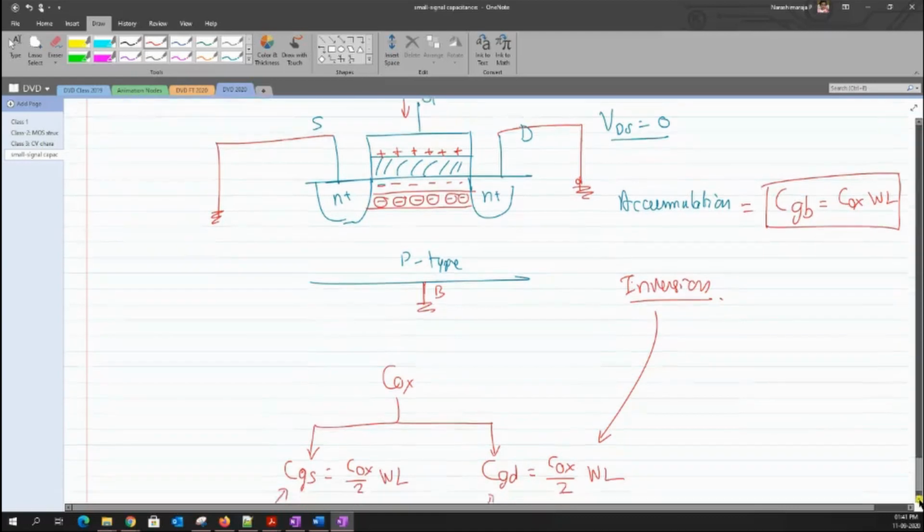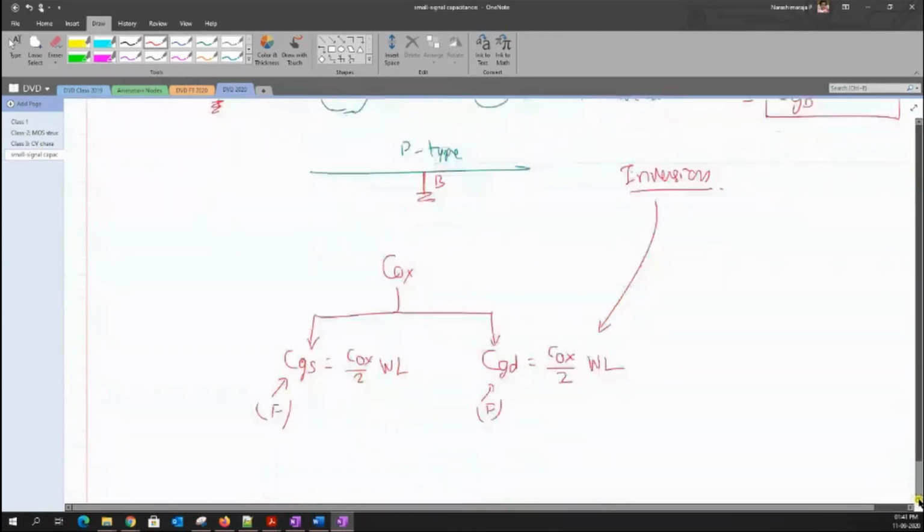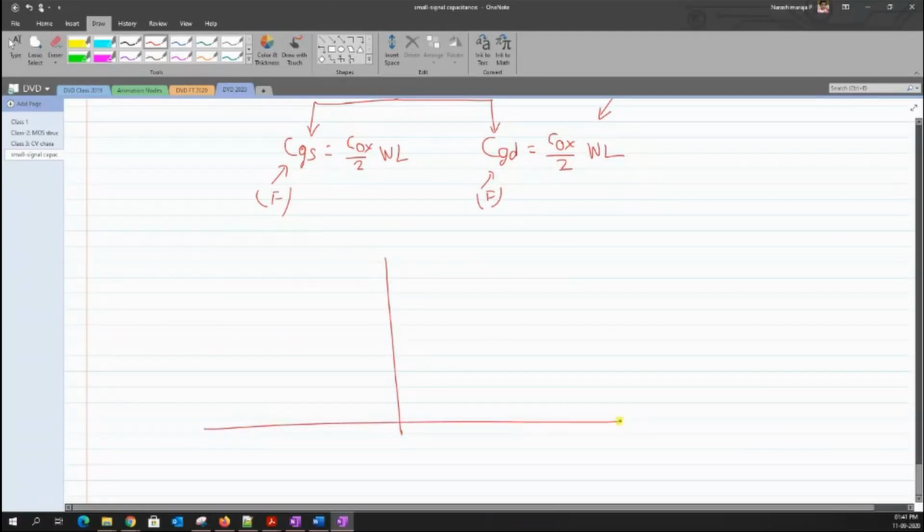Now let us try to replot the same thing that I have plotted for the CV curve, the gate capacitance. In this current discussion, I'm just going to assume my VDS is equal to 0. Remember that this is the condition that I'm using in order to plot this graph. Again, I have plus threshold voltage and minus VFB across this VGS. Then this is the region of accumulation, the region of depletion, and this is the region of inversion. So now let us talk about the capacitances.